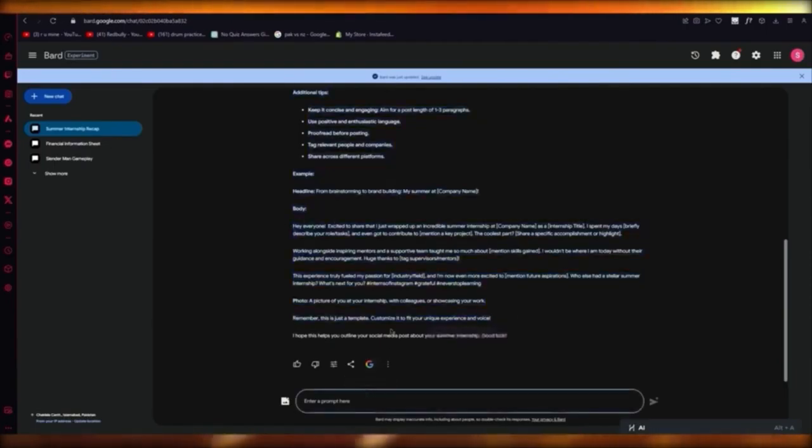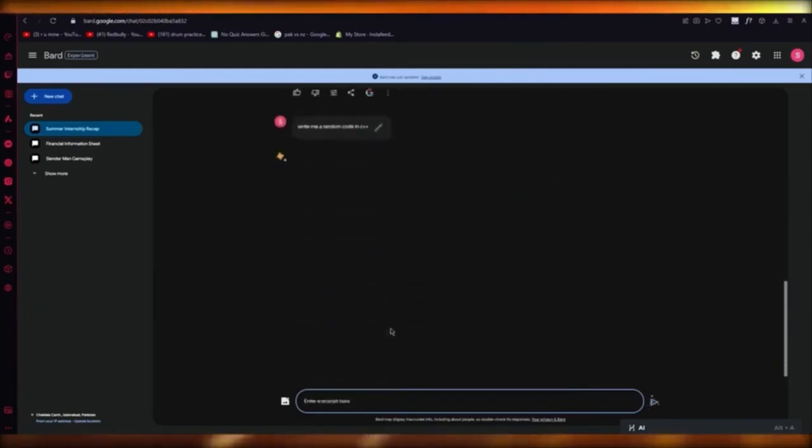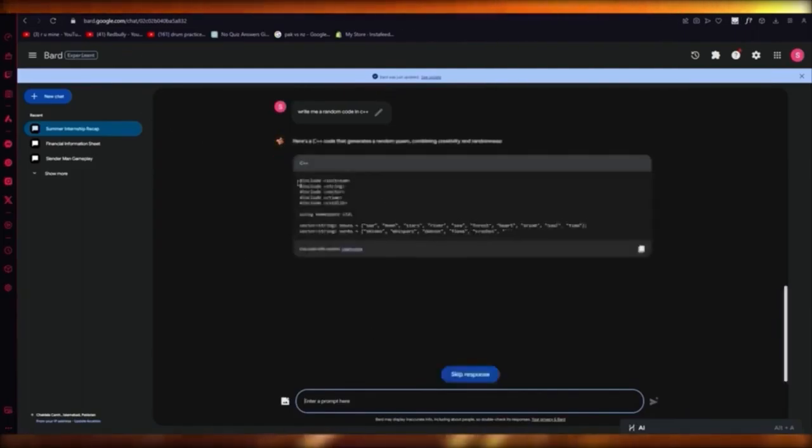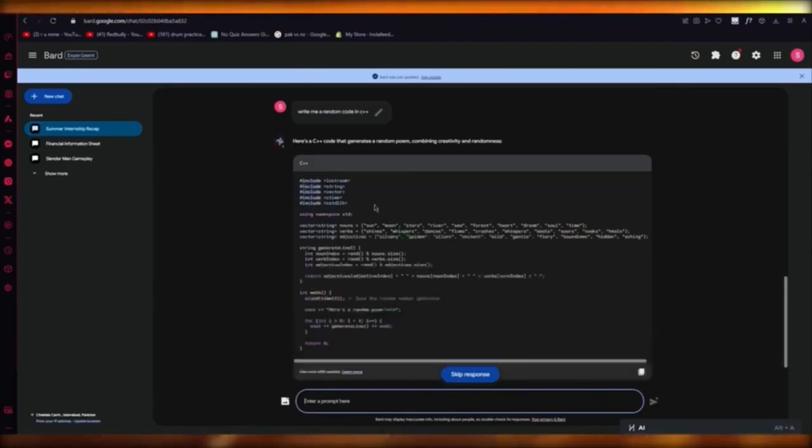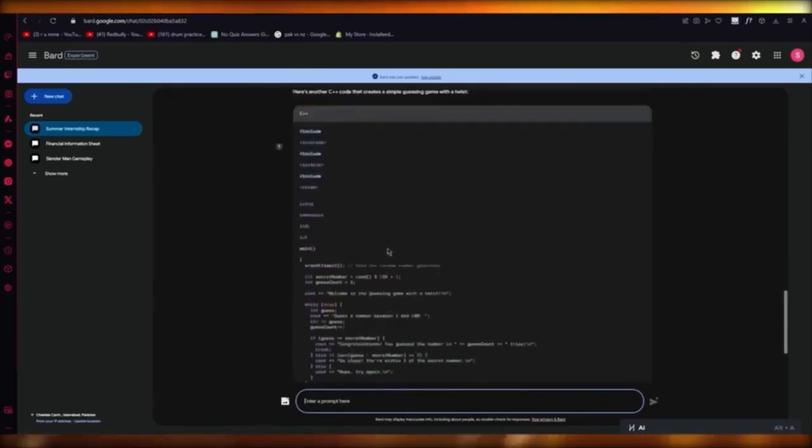You can also ask a coding question. So you can write me a random code in C++. You can ask it to do that, and once you ask it to do that, it's even going to do that for you. So this is basically how you're going to be using Bard, and look at that. It's going to write me an actual code in C++ that I can add into my program, and it's obviously going to work pretty